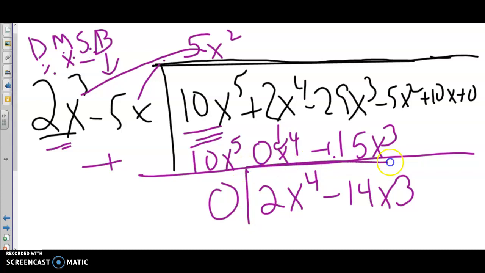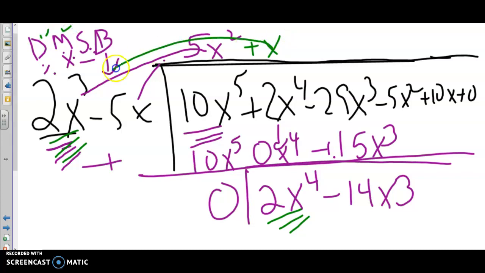Now we repeat that process, okay? So now again we go leading term. Now we have 2x to the third into 2x to the fourth. We do that and it goes in x times plus x. So we have to divide, so now we multiply, divide, multiply down this way, make sure we line up terms